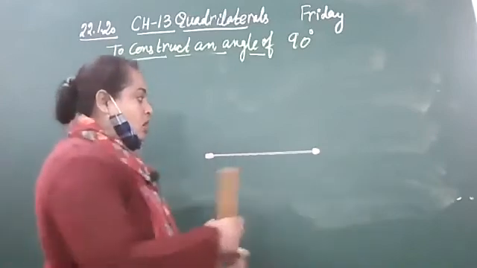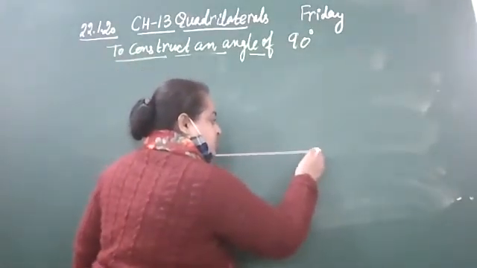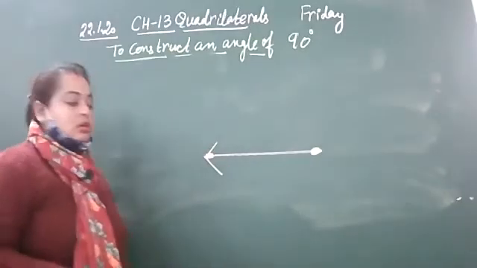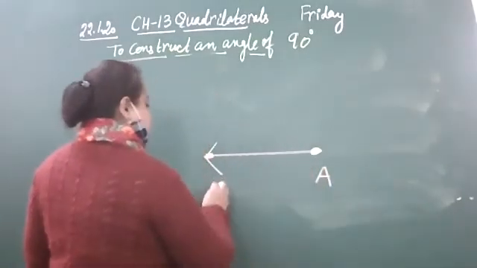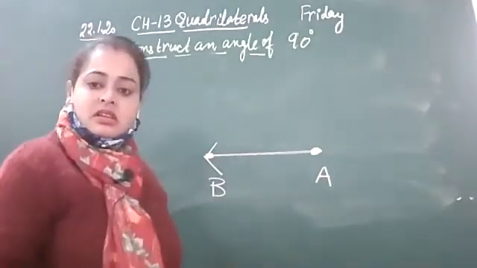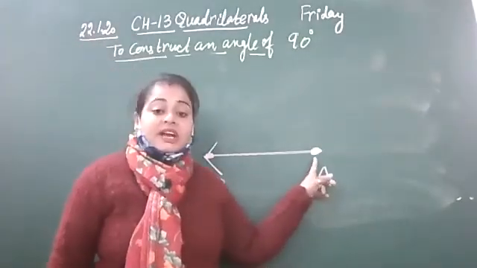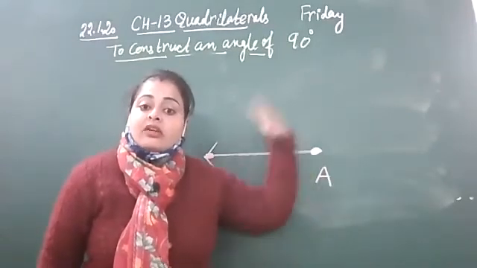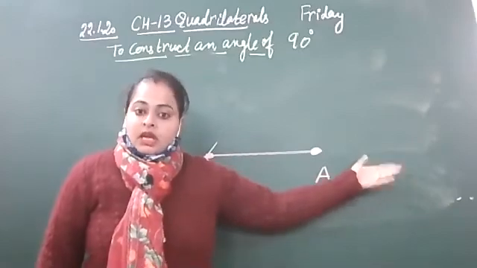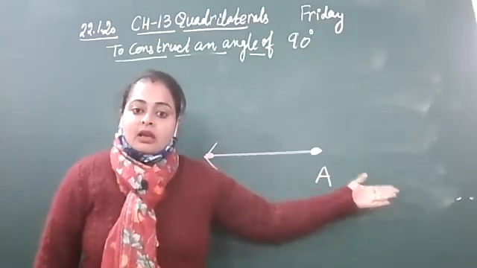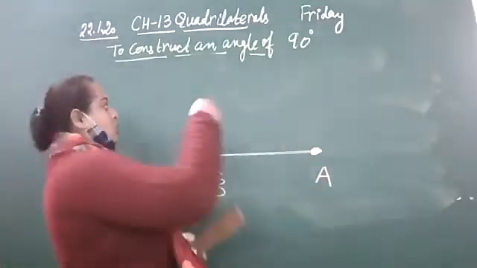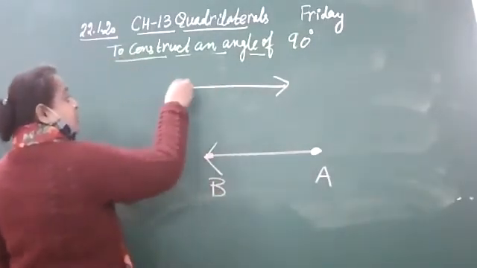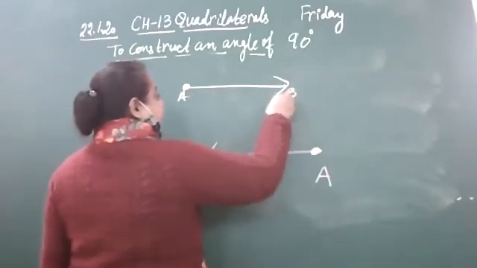Okay, so I fix this point and draw an arrow here. So this is A and this is B. What is the reason? Why is this point fixed? Because I am going to draw an angle on the right hand side. If you want to draw an angle on the left hand side, then you will fix the left hand side like this. Fix this AB. Fine.